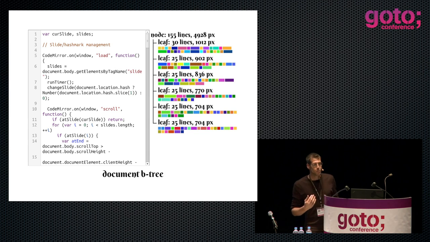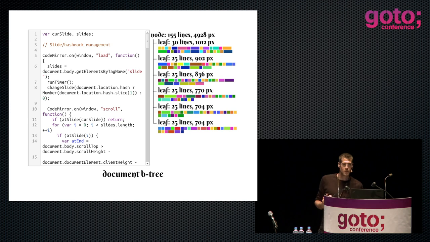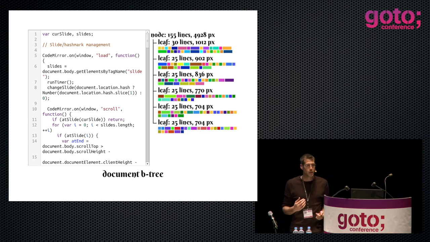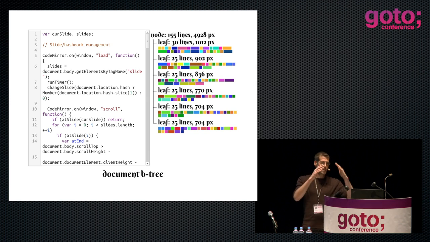Similarly, if you insert, the balancing algorithm for a Btree is simple and cheap. What CodeMirror does is insert everything in the child node that happens to refer to the current position where it's inserting. And then if that overflows this child node, it starts splitting it into reasonably sized leaf nodes. If there's too many of them in the parent node, that's split in turn and it propagates upwards in a very cheap way, which is